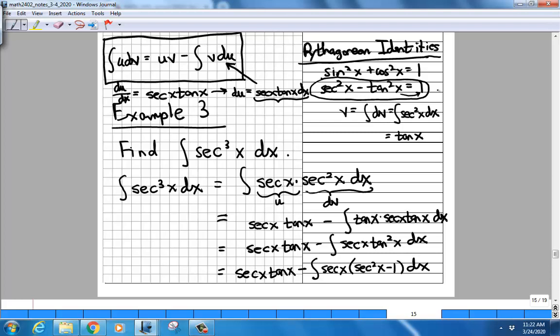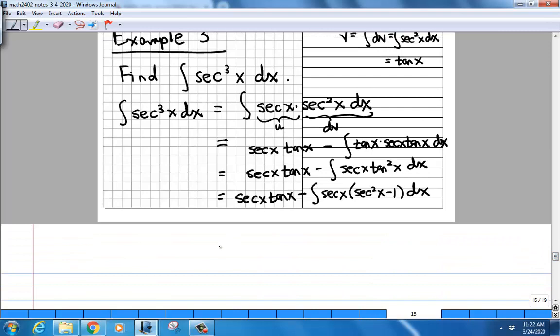Take the tangent squared x to the right-hand side and take the 1 to the left-hand side, so you get tangent squared is secant squared x minus 1. And now that's what I'm going to substitute in here for tangent squared x. At first, it's not quite clear what the benefit of making that substitution is,